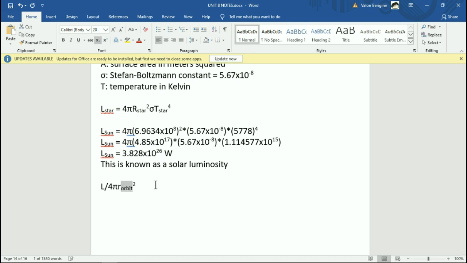Orbit. Okay, so we have that in there. This would sort of divide out and give you a number. That's basically how the intensity of the sound was like the energy density of the sound. This is sort of like the energy intensity of the sunlight as it spreads out from its star. However,